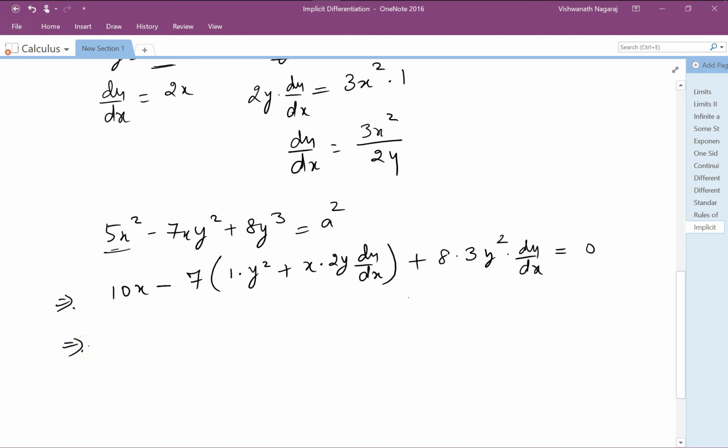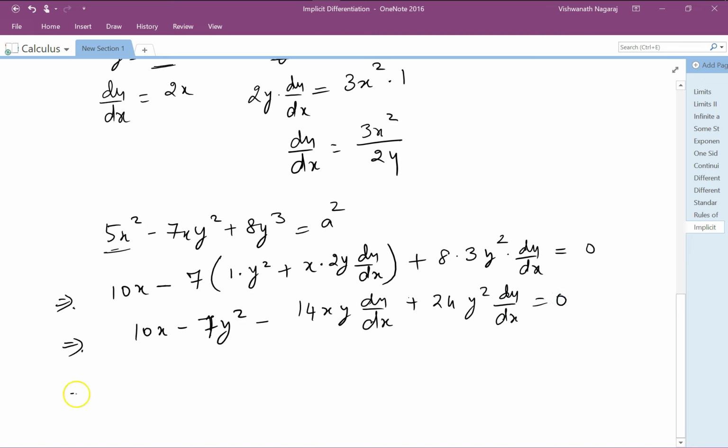equal to, now it's algebra, just simplify it so that on the left hand side you end up with dy by dx. So 10x minus 7y square minus 7x times 2y would be 14xy dy by dx plus 24y square dy by dx equal to 0. Now these two have dy by dx, so let's take it common. So minus 14xy plus 24